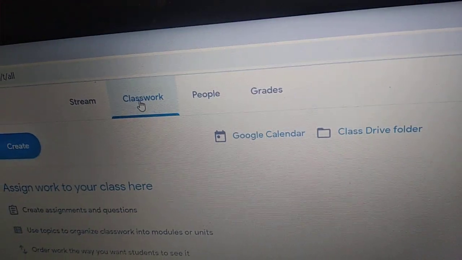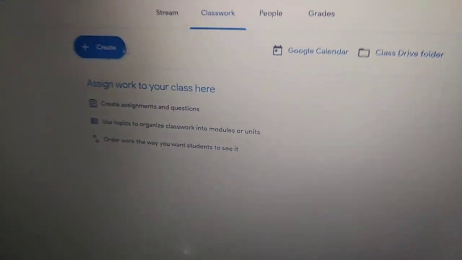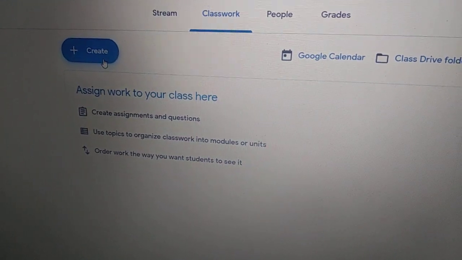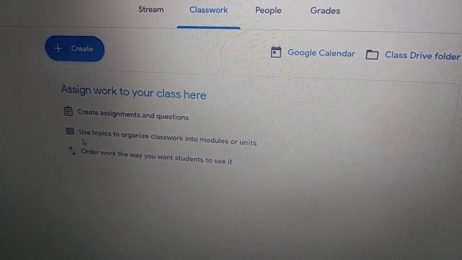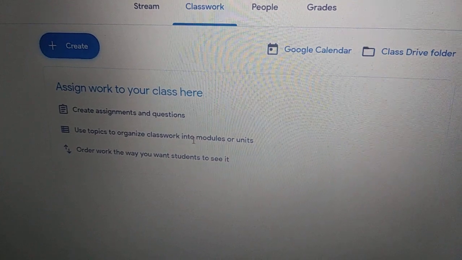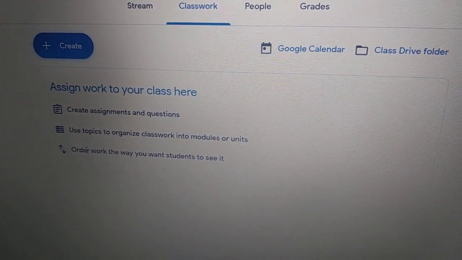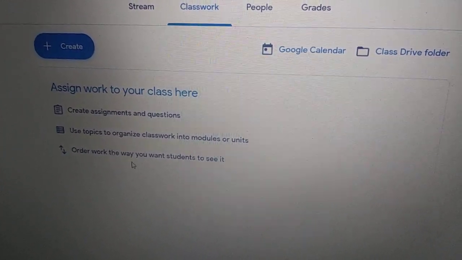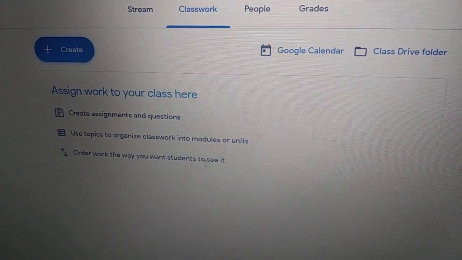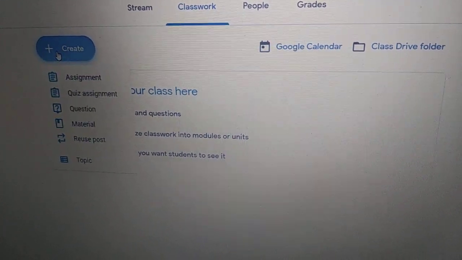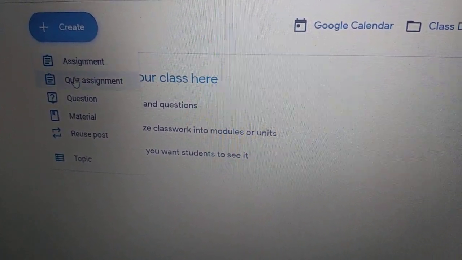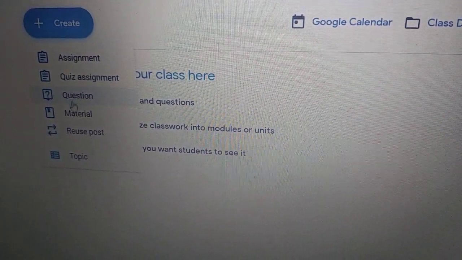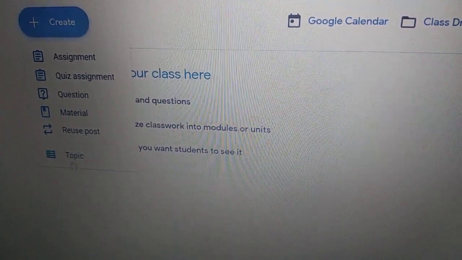The moment I click on classwork, I can see here create, and under it, create assignment and questions, use topics to organize classwork into modules or units, and order work the way you want students to see it. I'll click create. The moment I click, I can see the options out here: an assignment, a quiz, question, material, whatever.